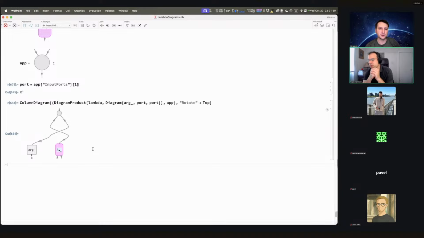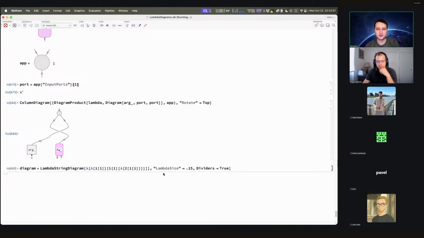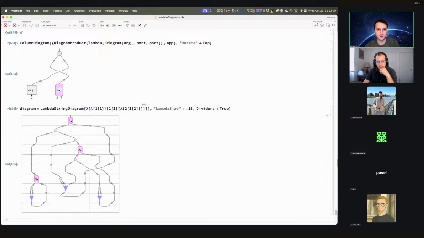Can we see some more examples of more complicated beta reduction and look at Tromp diagrams, string diagrams, and then tree diagrams? Yeah, I have a bigger example. For example, this is some large diagram. For example, if you want to replace